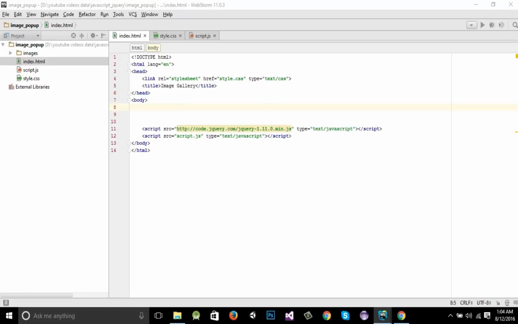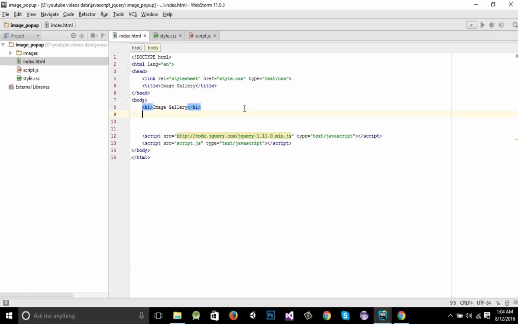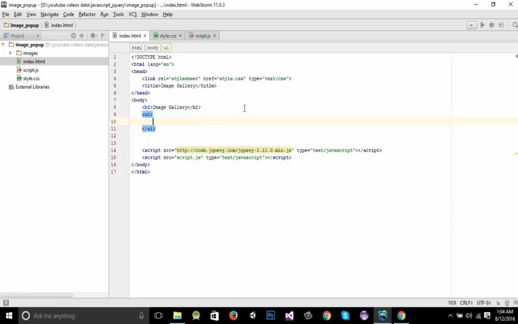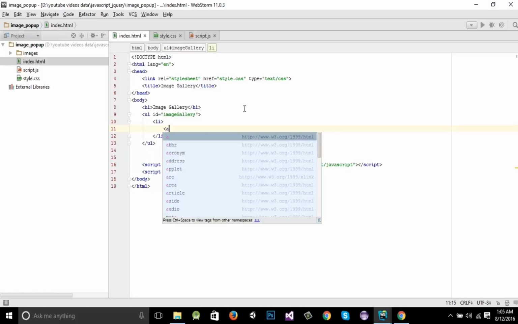So first we need to add a heading, and it should be image gallery. And under this heading we need to create an unordered list that will contain images. First let's give it an ID of image gallery. And inside it let's create list items. And inside each list item we need to add an anchor tag in order to enable a click event on that list item. So this